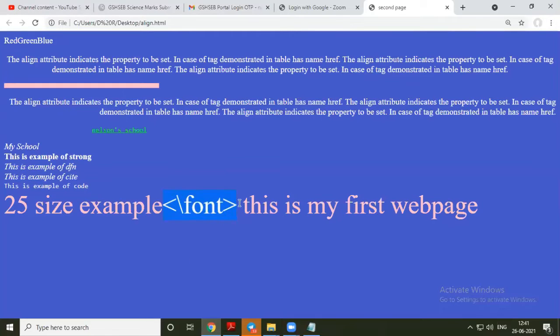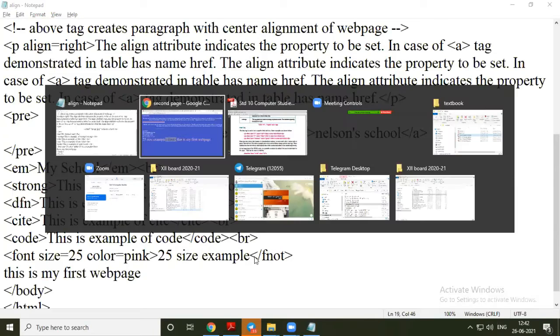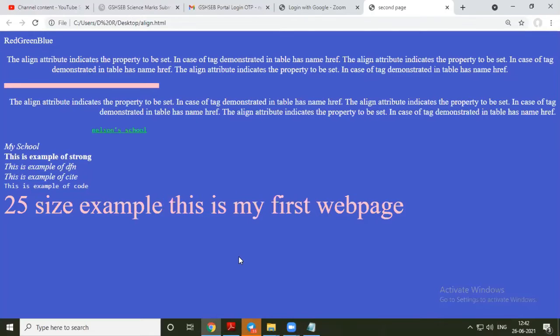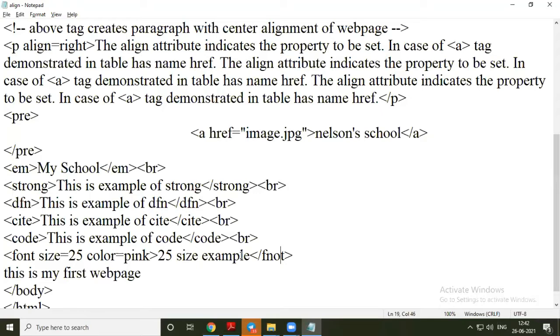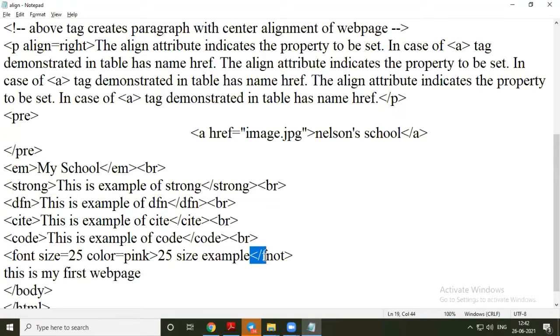So it will be displayed as it is. Okay, the same way, even if I commit some mistake like this, then also it will not work, because it is not closed. Since this slash is for closing the tag, the tag that we have opened is considered a closing tag, but since there is no such tag with this name, the effect is not given to the next text.